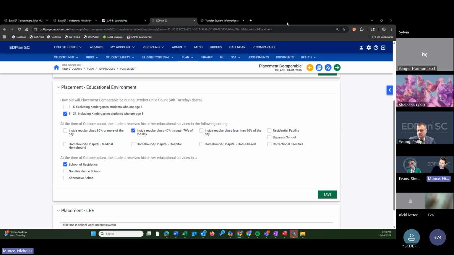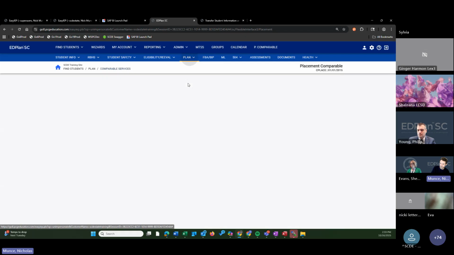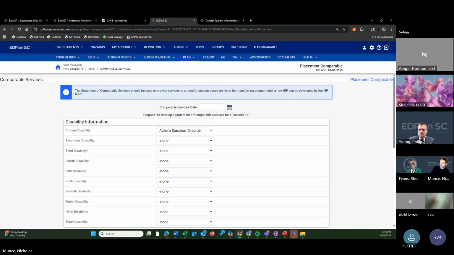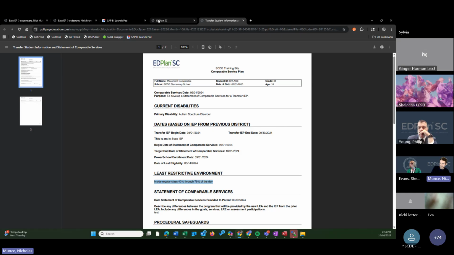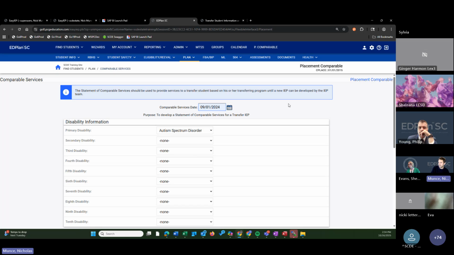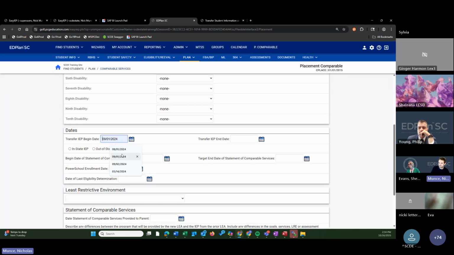I'll go back up to plan, go to the comparable services section, and I'm going to refill out the information from the comparable services when it was first generated. That's why you should pull up the PDF before you go back and forth here. So the student information's in the PDF. You're going to want that to be reflected in the interface again. So I'm really quickly going to fill out these fields. I'm not necessarily paying attention to the dates I'm putting, but again, you'd want to pull these off the original document.